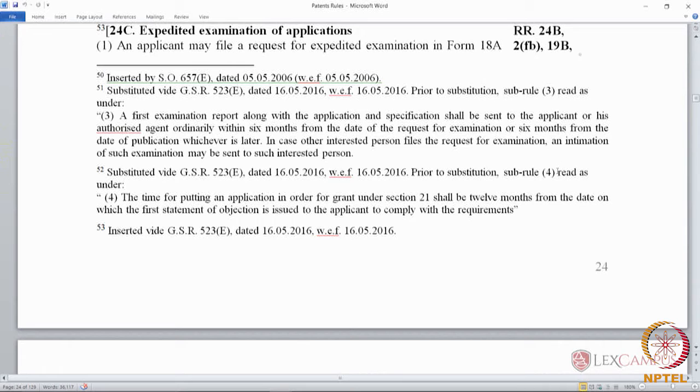Expedited examination is a special privilege that is allocated to two categories of applicants, which allows the applicant to fast track the examination of the application. Now let us see what those two categories are. Rule 24C1 states that an applicant may file a request for expedited examination in Form 18A. Form 18A was again introduced by the Patents Amendment Rules 2016, along with the fee as specified in the first schedule, only by electronic transmission duly authenticated within the period prescribed in Rule 24B on any of the following grounds, namely,